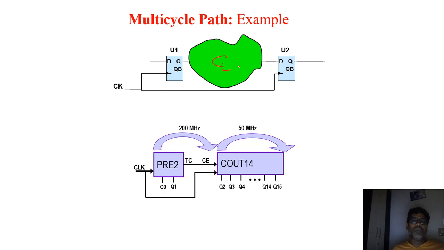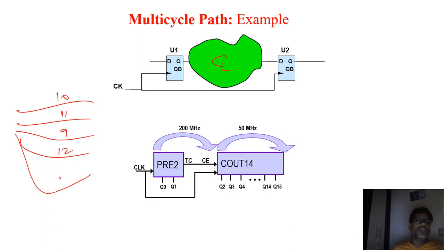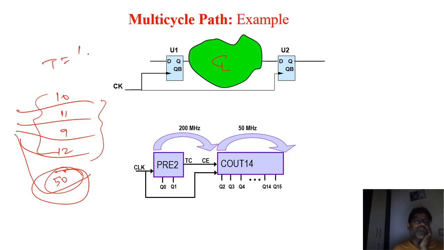To avoid this, what people do, say it's like this. This path has 10, this path has 11, this path has 9, this path has 12. These are the timings. There is one more path which takes 50. Now, if I take this 50 and decide what should be the time T, then obviously most of the time the data are going to go through these 4 paths. Ideally, most of the time the system is going to be idle. So what I do, I segregate this path separately and fix T equal to 1 by 12.